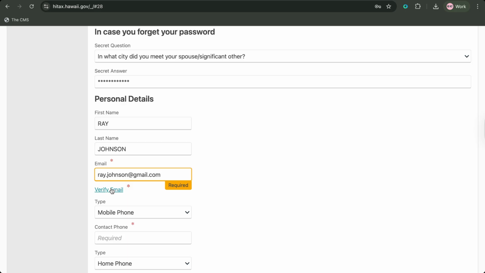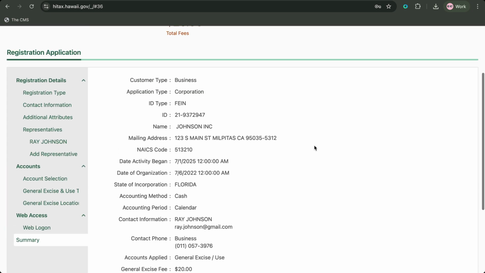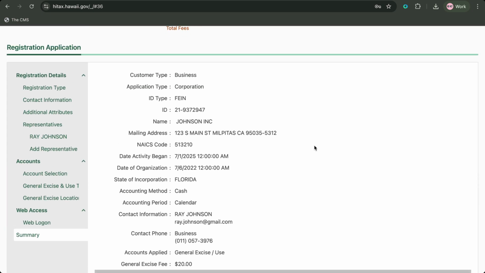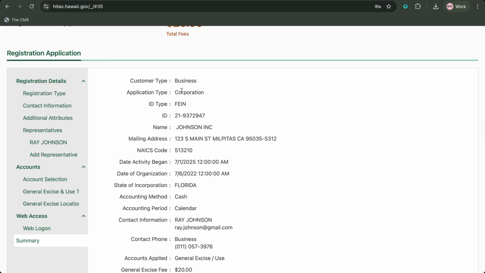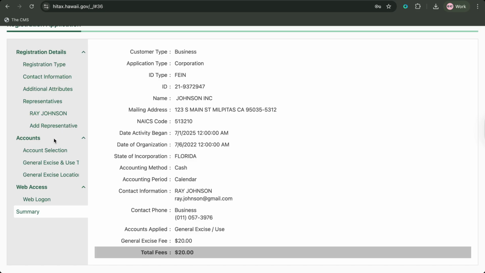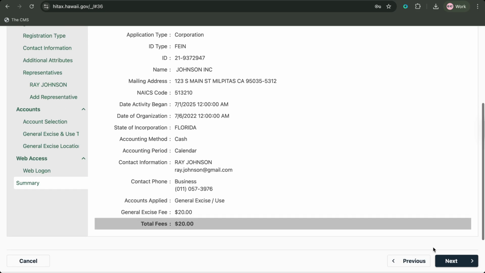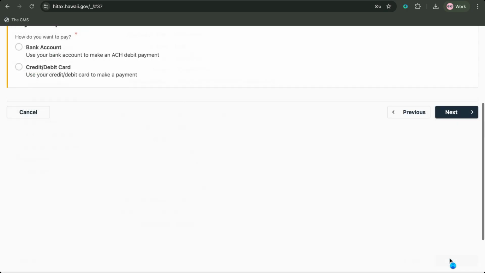You're going to be verifying this email as well and typing in the verification code that you receive. Okay, now once you're through that, you're going to be seeing the final page, which is your summary page. So check all of this information. You can go back to the previous pages and check the rest of them as well. You'll have the saved information, and once you're happy with it, you're going to go ahead and click on next and submit